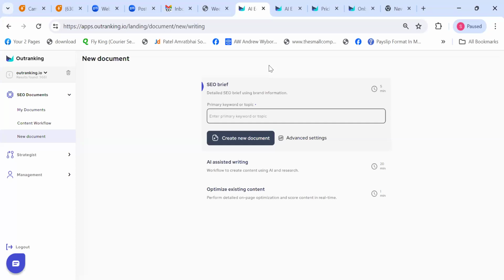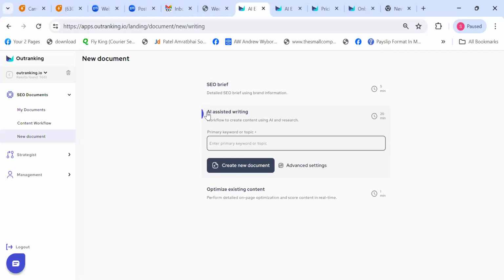This is the SEO brief, which you can give to your writers and they will know exactly what to include, in the form of outlines, NLP terms, related keywords, competitive analysis of the top 20 ranking pages, the word count, the audience intent, the search intent, everything. All you need to do is give the brief and they will know exactly how to write the content and how to make it optimized from the very beginning.